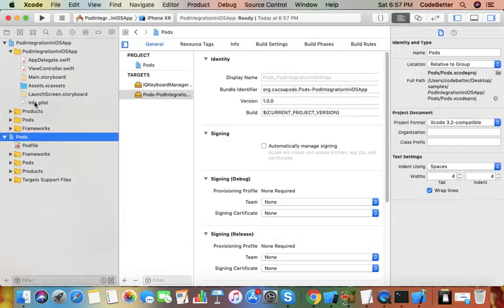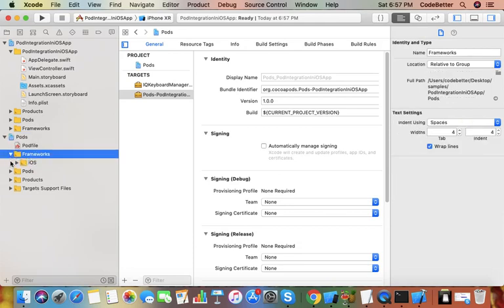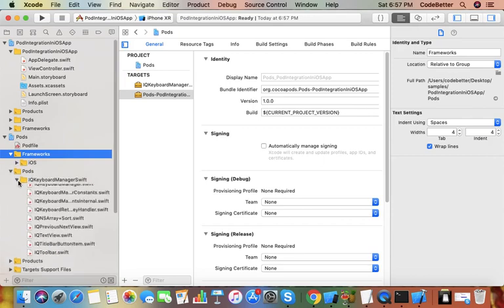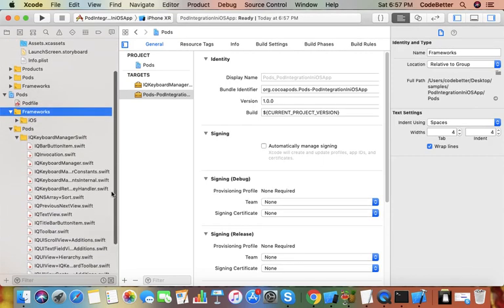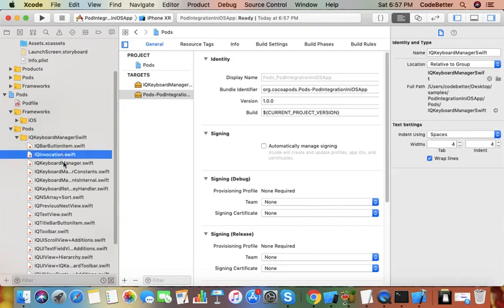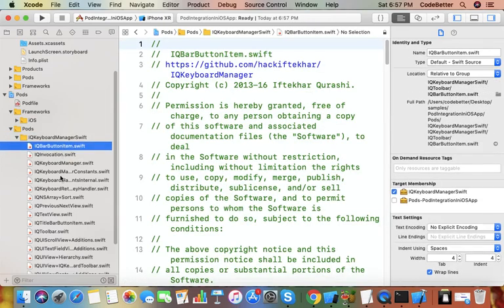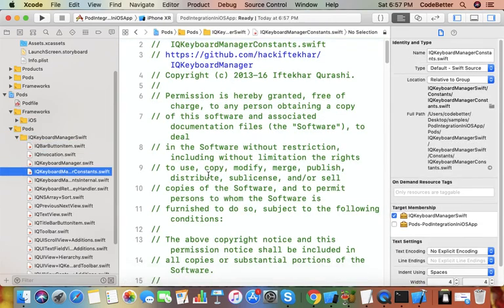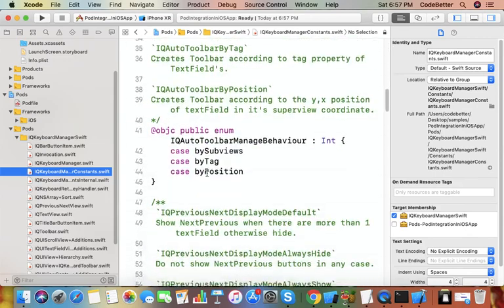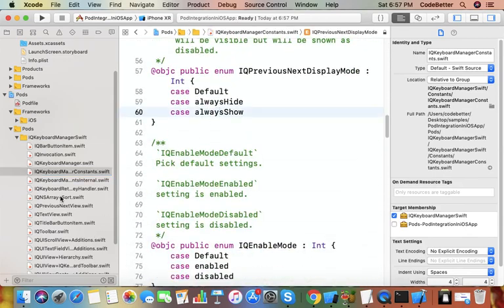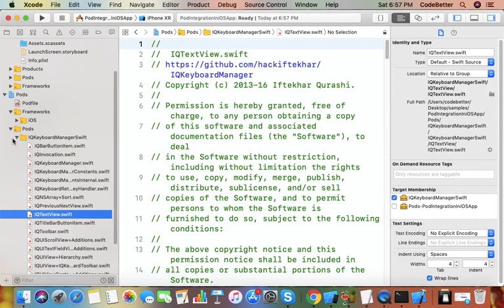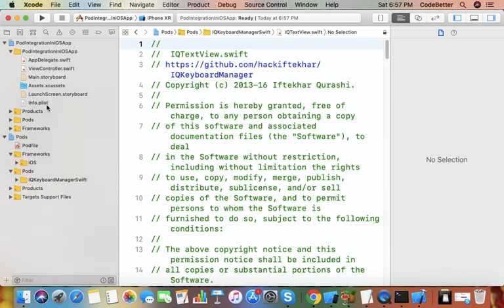Now let us see what are the integration steps of using this framework. In Pods, this is the code of that IQ Keyboard Manager Swift project. You can see our Swift files of this project. So let's see what are the steps to use this.